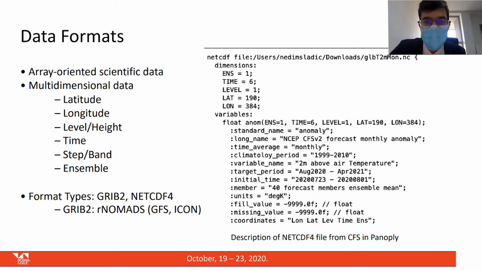Of course, we can modify latitudes and longitudes, and time steps as well if we're talking about reanalysis on daily, monthly, and yearly purposes. And also we have units. For example, these are expressed in degrees Kelvin, so we can convert them into centigrade by deducting 273.15. For some models, they mention which target period we can see. For this one it is August 2020 to April 2021, with an initial time when we had